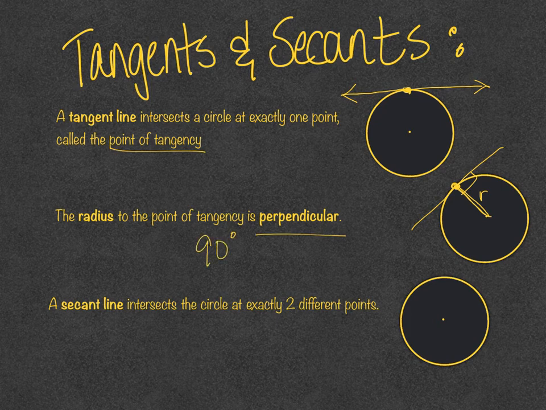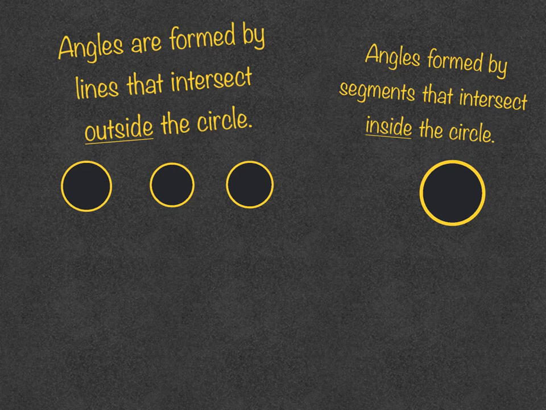The secant line is a line that intersects the circle in 2 points. And you can have more than one, but anyway, it's a secant if it intersects it in 2 points. When those lines form angles, we have formulas to help us figure out the measurements. So we have three types of situations when angles are formed by lines and the vertex of the angle is outside the circle. So one of them is when you have two tangents